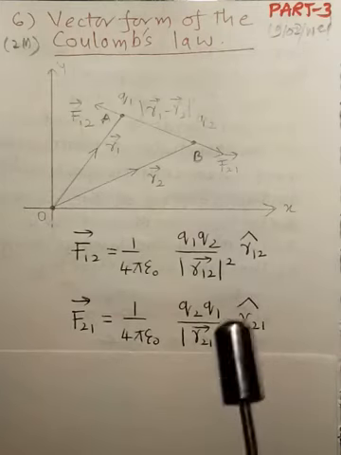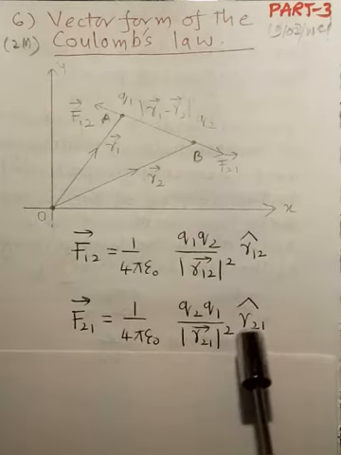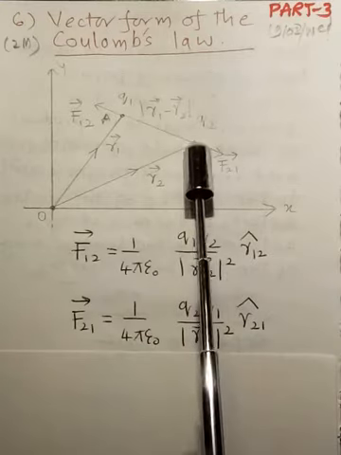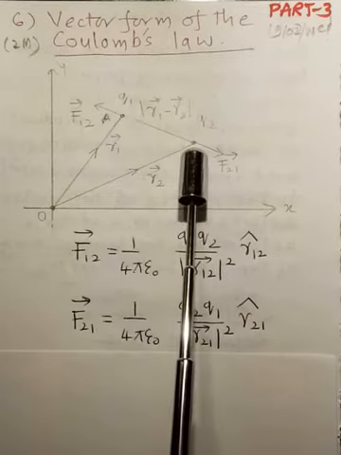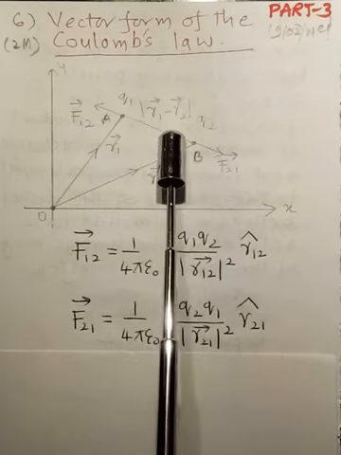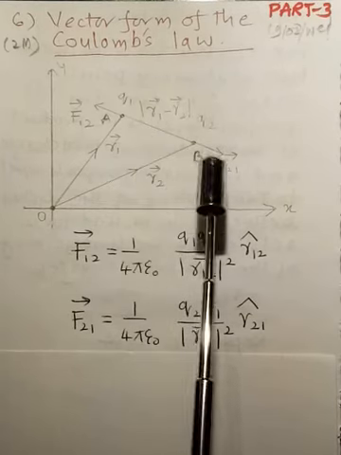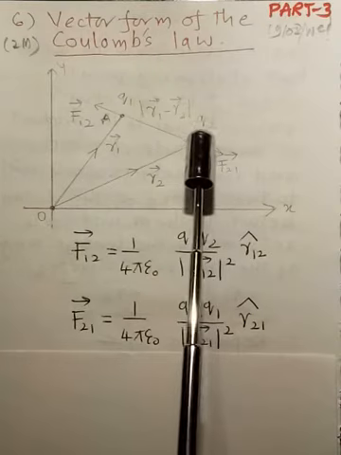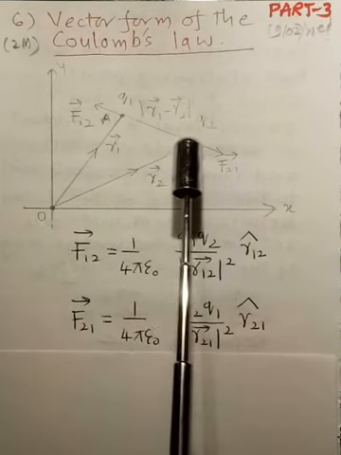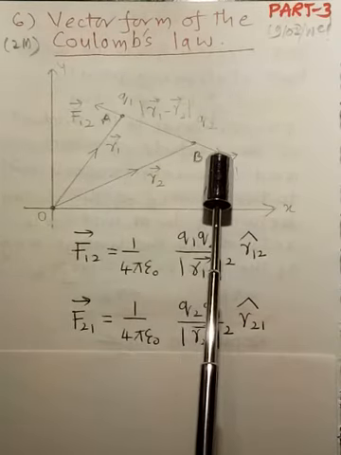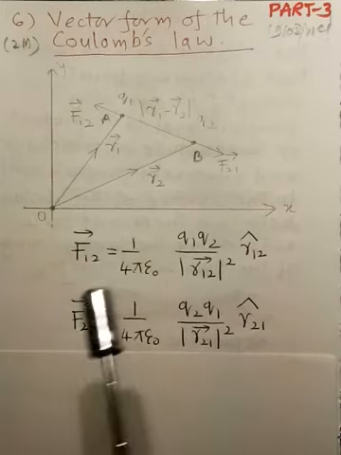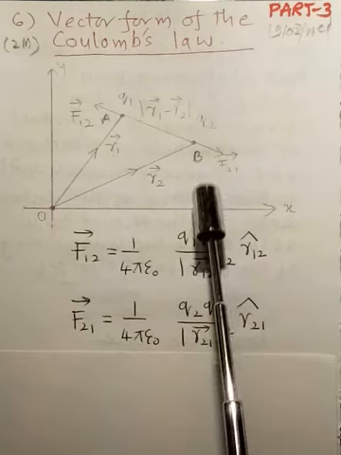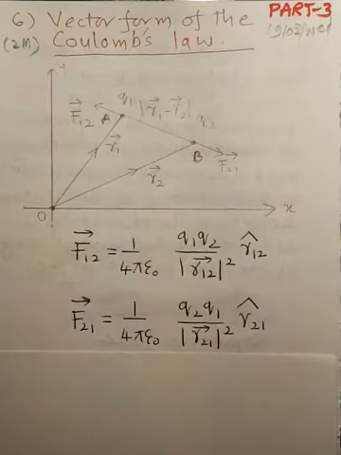By notation, the direction of the vector r21 is 2 seen from 1. Therefore, you have to stand here and look at 2. Then the direction becomes like this. Therefore, the direction of F21 is away along AB, or away from B. Therefore, this gives you the direction of the vector F21 also.